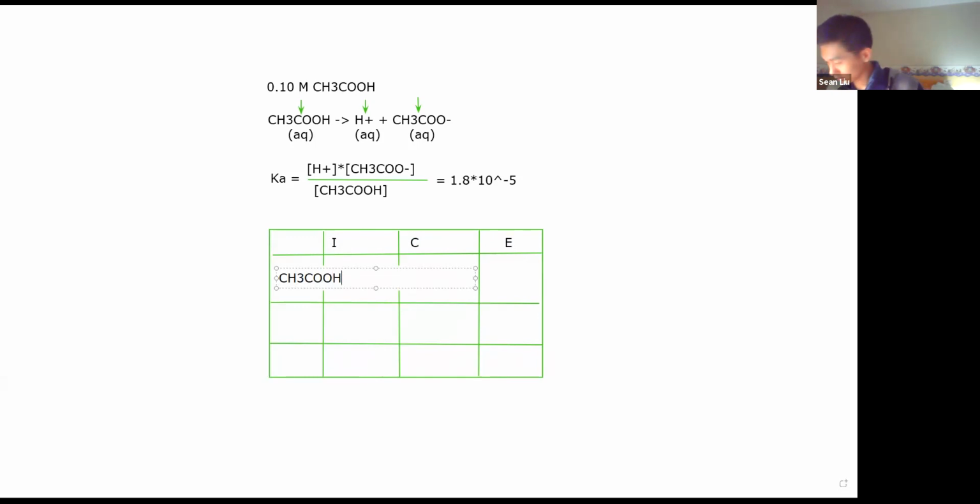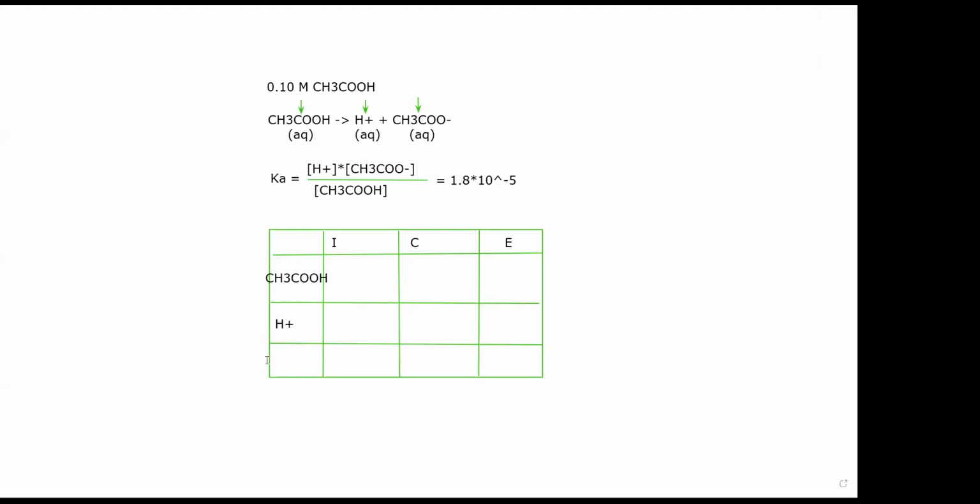CH3COOH. That's supposed to be in the box. H plus, and then